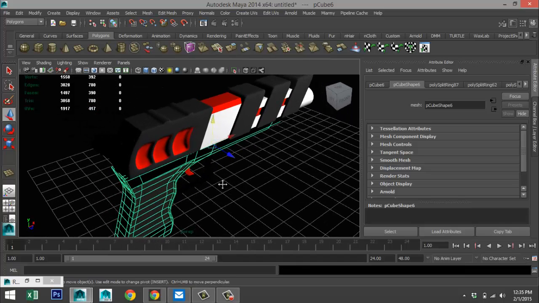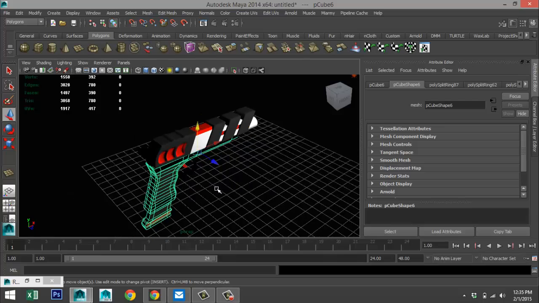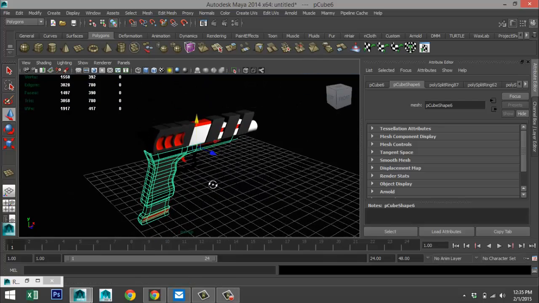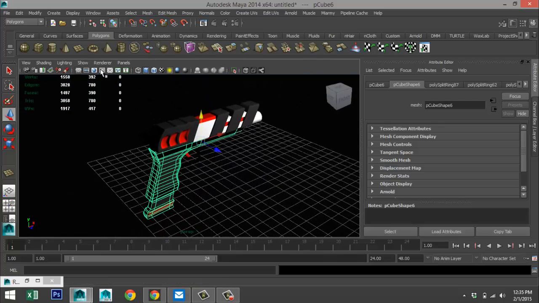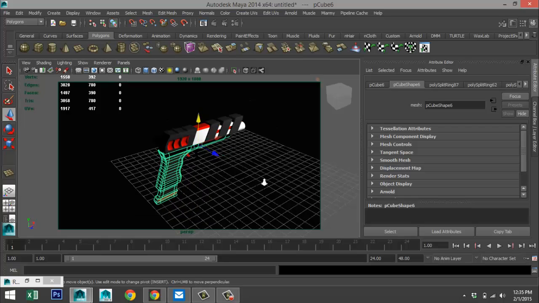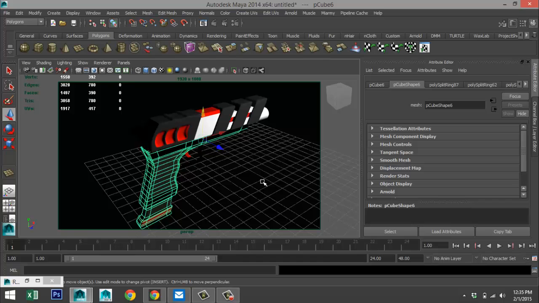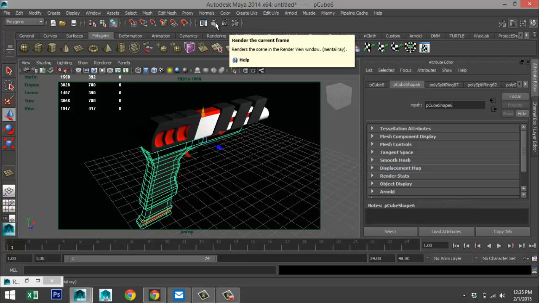Okay. I'm going to set my resolution gate and let's give this a go. I'll pause the video, be back with you guys in a sec. So just so you know, I'm just going to hit this render button. Okay, see you in a bit.